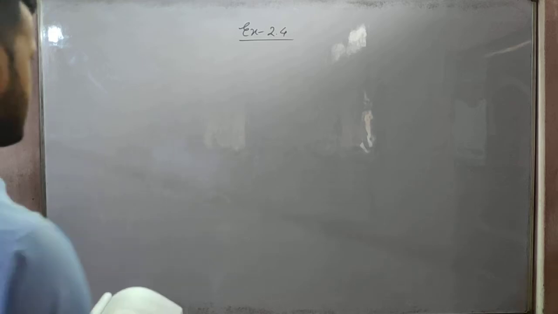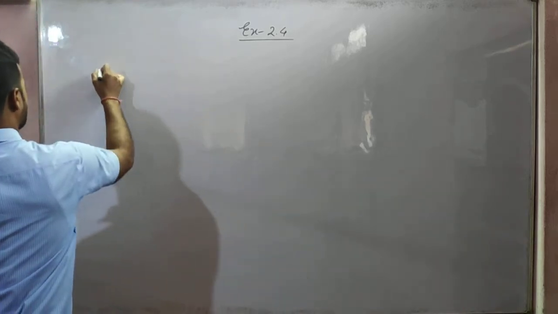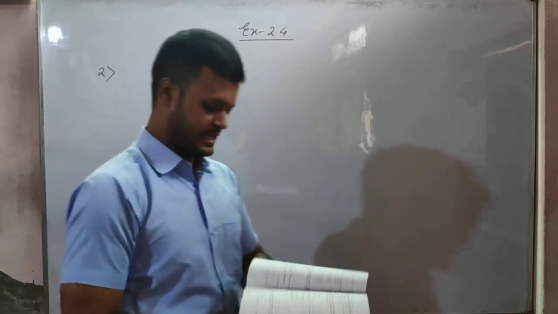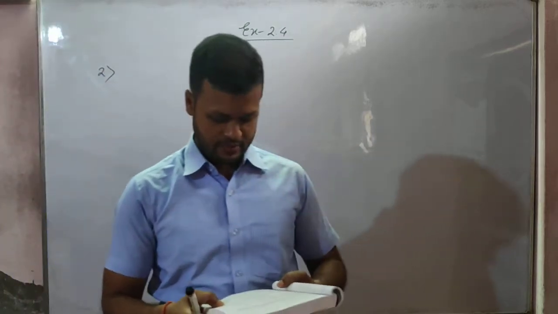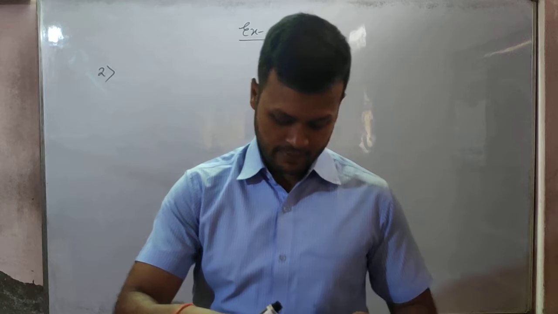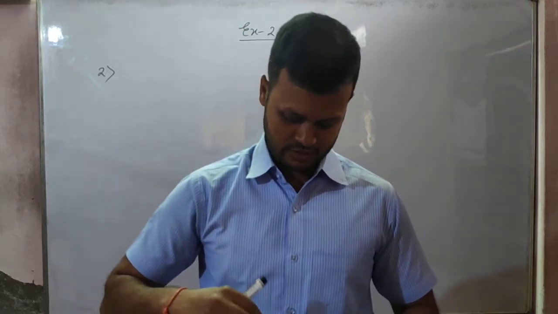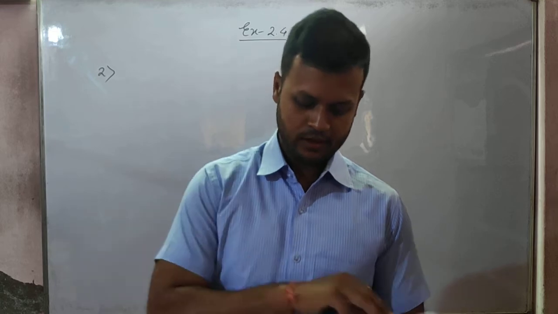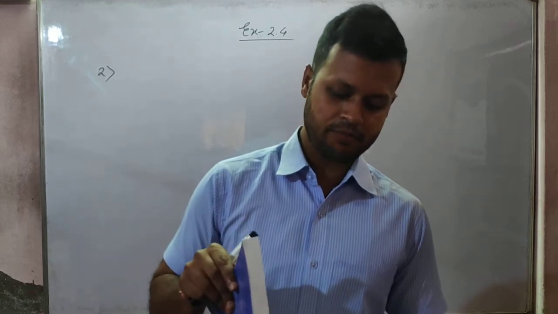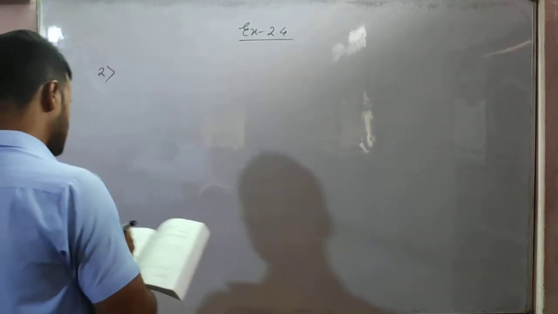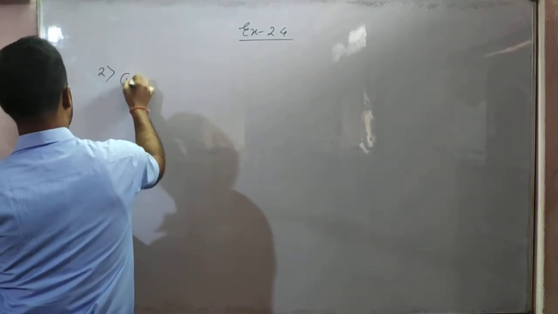So next, students, let us continue with number 2. Number 2 question says: use the factor theorem to determine whether g(x) is a factor of p(x) in each of the following cases. Same like number 1, we have to check whether g(x) is a factor of p(x). So let us start then, students. Number 1 is like this: